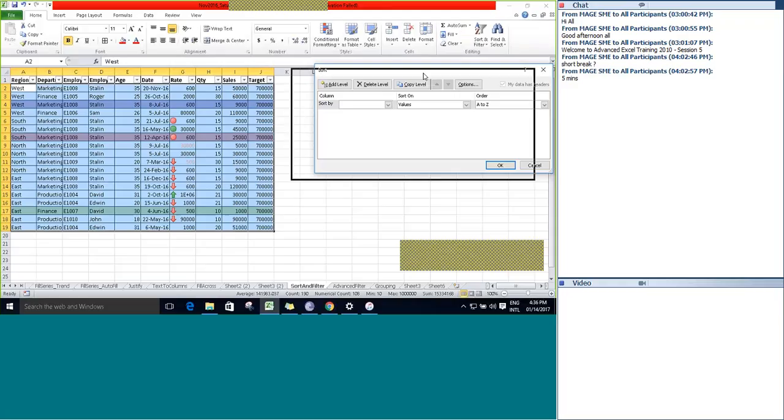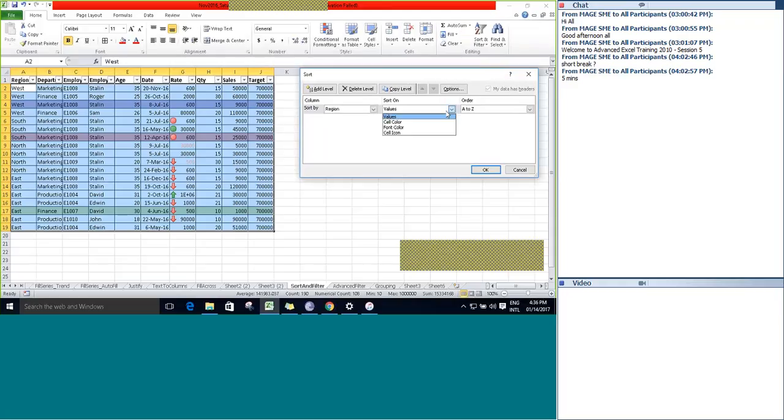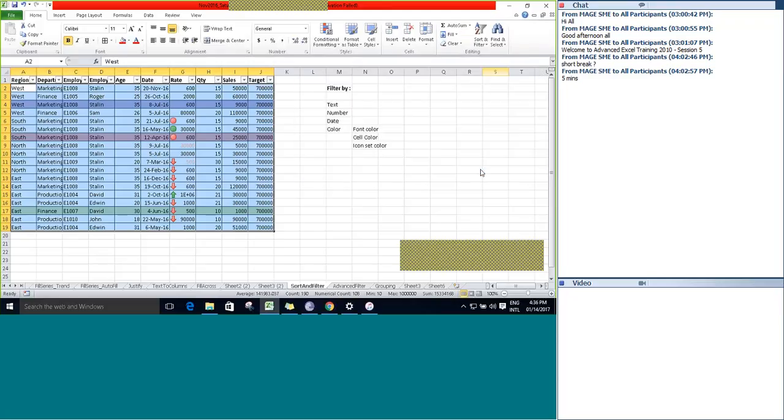So here it will show you sort by what. Let's go with region. Sort on what? Let's go with values. Order: I want it in order Z to A, that is ascending or descending order. You can select ascending order. Click OK. You can see that data are sorted region-wise, in ascending order.